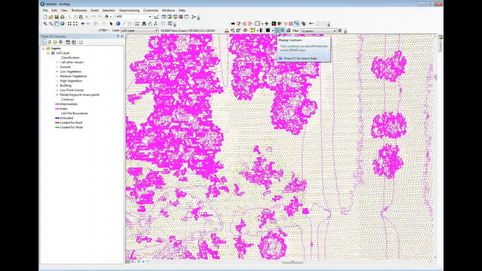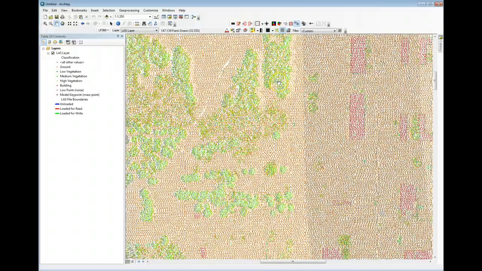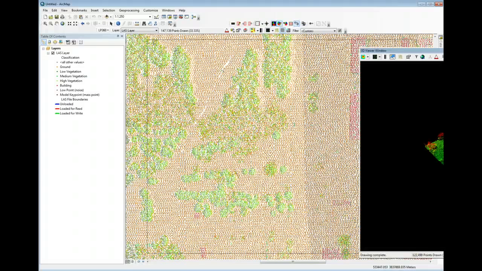I'll turn those off, and let's look now at the 3D view. So in the toolbar above the basic LP360, we have the viewer integration toolbar, and there is an icon called Define the 3D Windows Extent, which I can click, and then I can drag by left clicking, hold down the mouse key, and drag a box, and this brings up